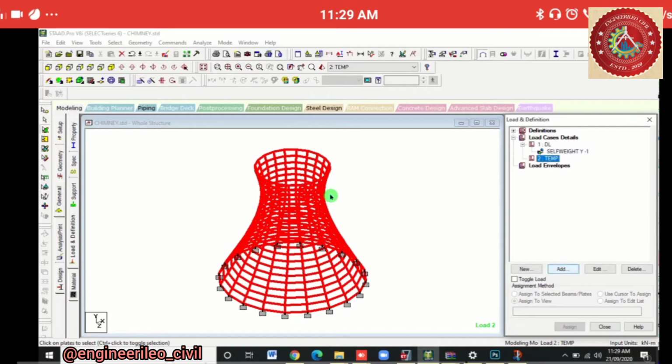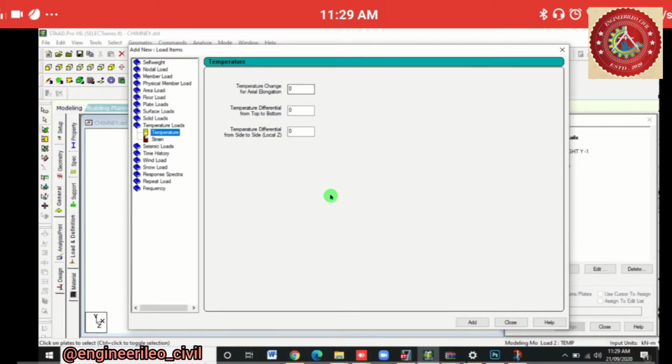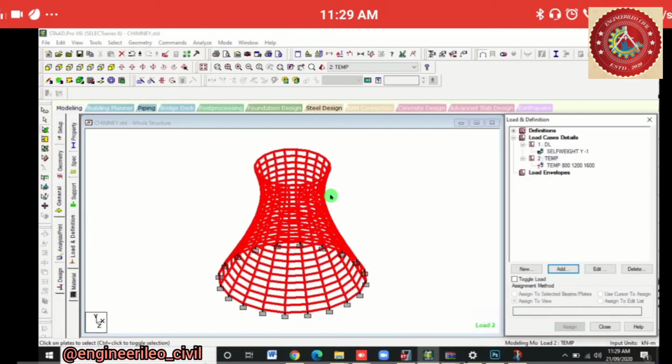In temperature we'll go to temperature over here, and the temperature change for axial elongation will give 800. Temperature difference from top to bottom will give 1200, and temperature difference from side to side in local Z direction will give 1600. We'll add it and close.